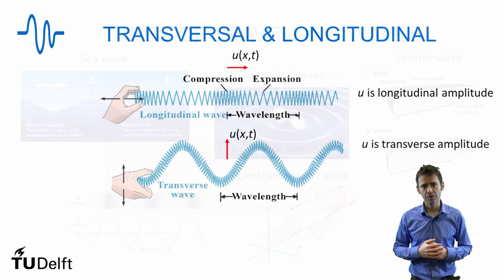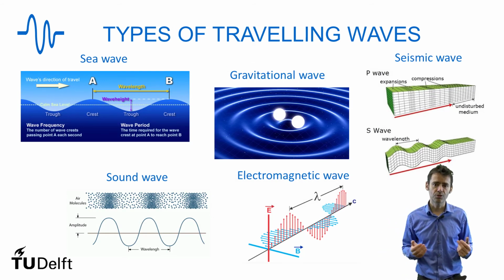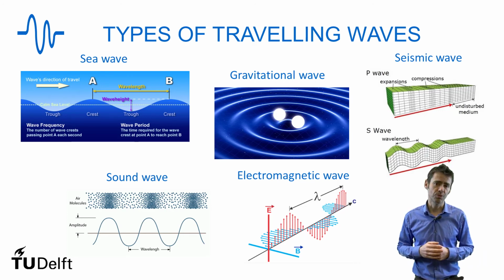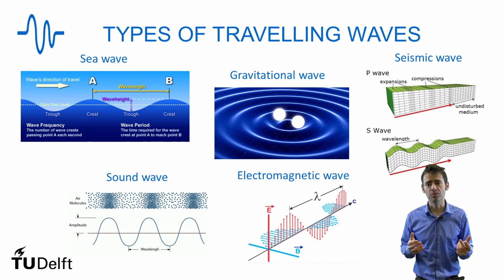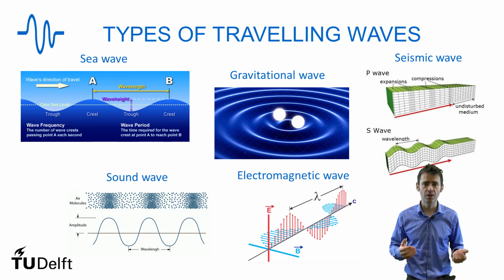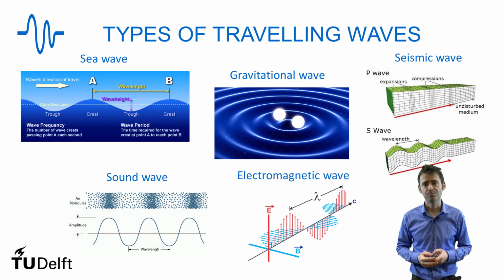Now, wave phenomena occur in many parts of physics. There can be traveling waves, for example, in liquids, such as in the sea, or in solids, for example, with earthquakes, or in gases. This is part of acoustics. Or even waves that travel through vacuum, such as electromagnetic waves, or even waves that travel through space-time, such as gravitational waves. All these propagating waves, these traveling waves, are described by the same physics and mathematics.